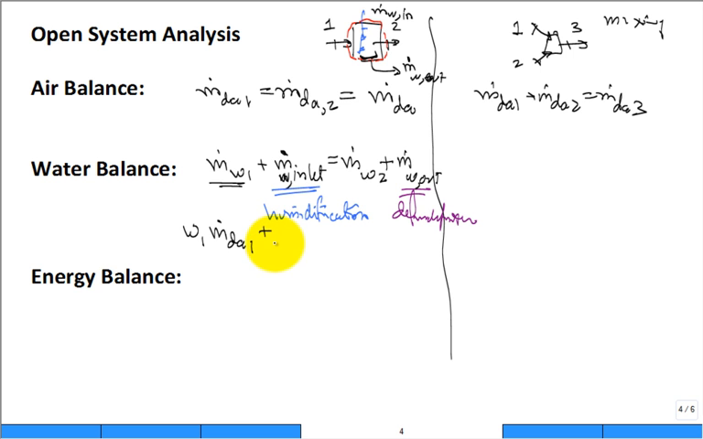Which one do you want to do? Should we run one as an example, humidification or dehumidification? Which one do you want to try as an example? Both? Well, then I have to write twice. Okay, so